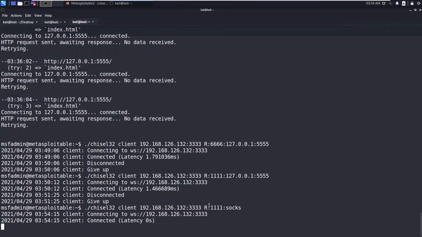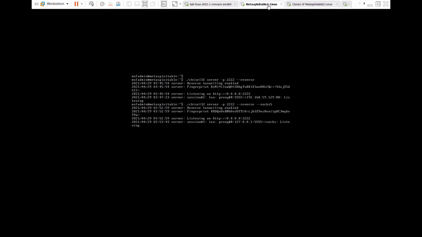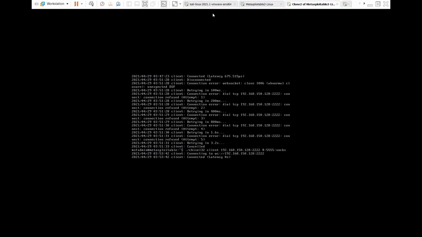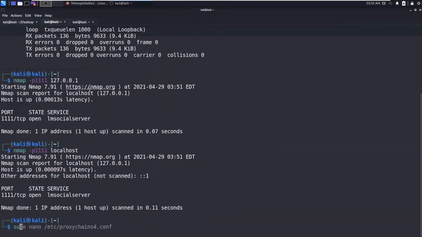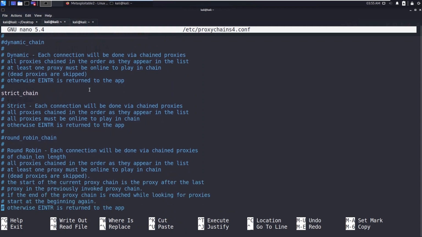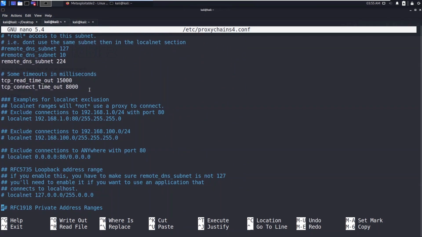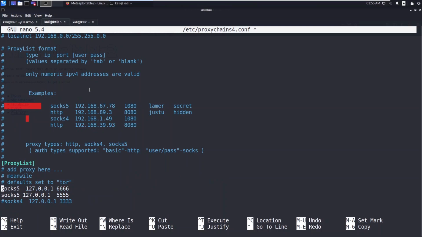This will open a 1111 port on this Kali Linux, and there are two proxy ports: one is 1111, and the next one is which we have opened on the second box, that is 5555. Note these ports, we need to use those in the proxy chains. So 1111, and next one is 5555, right? 1111, 5555, and hit enter.